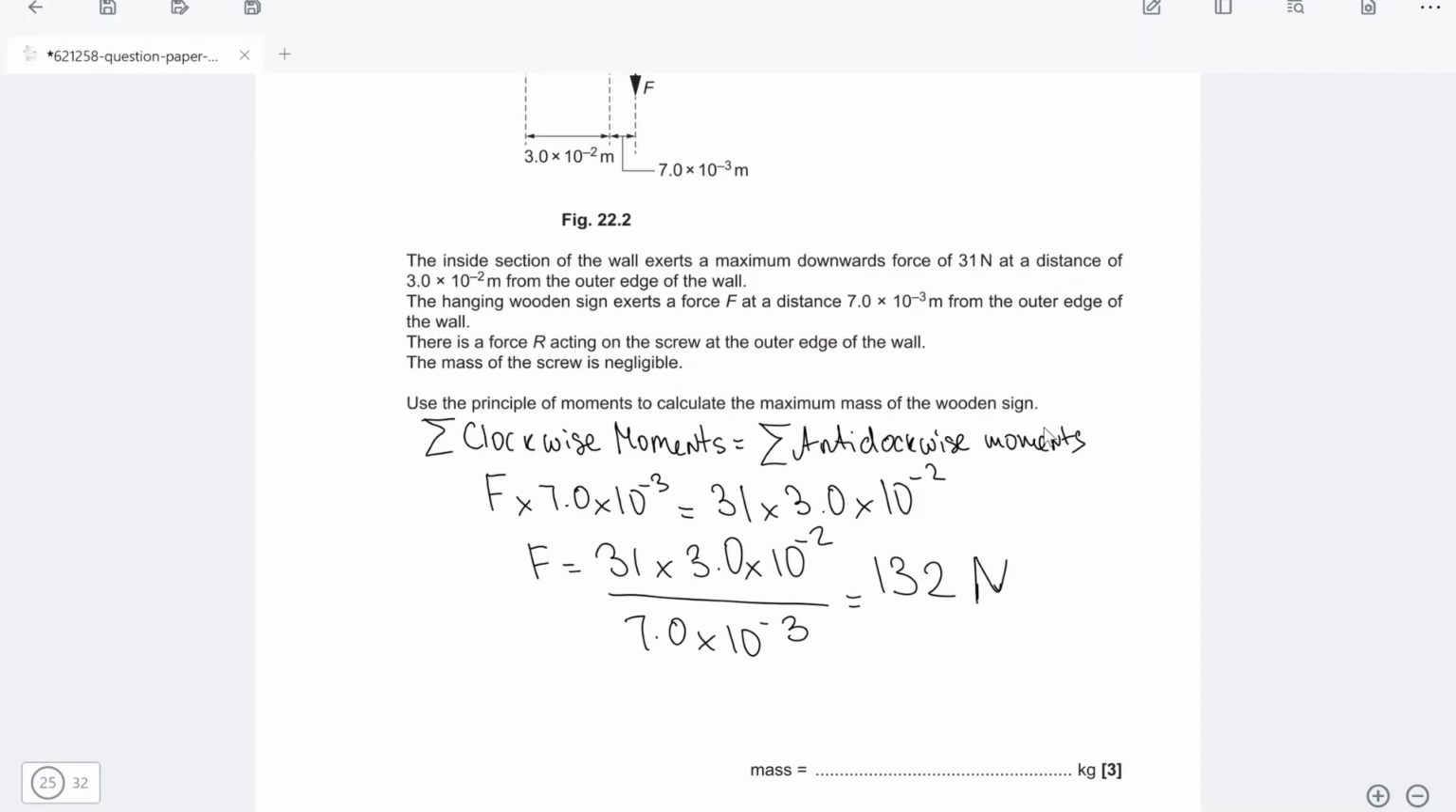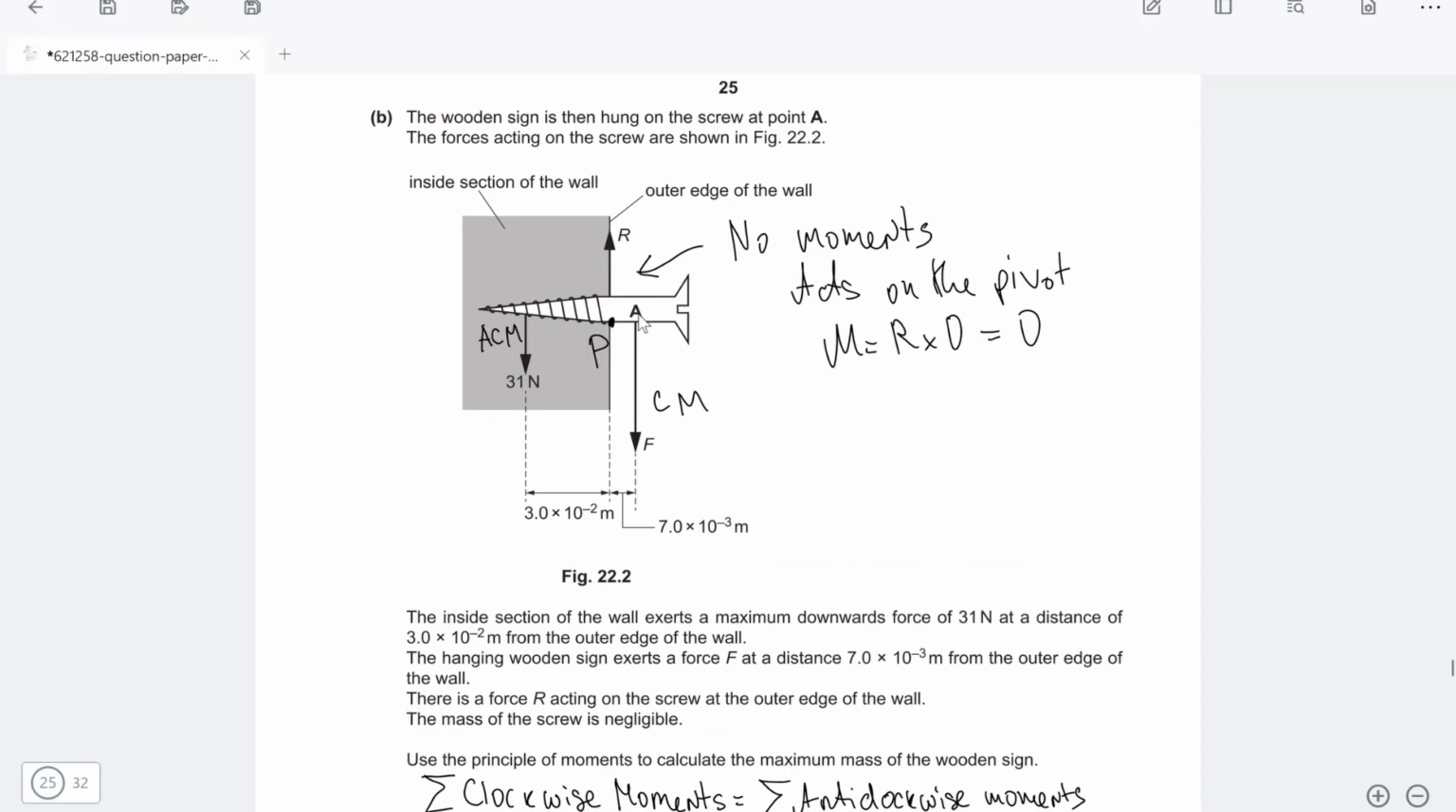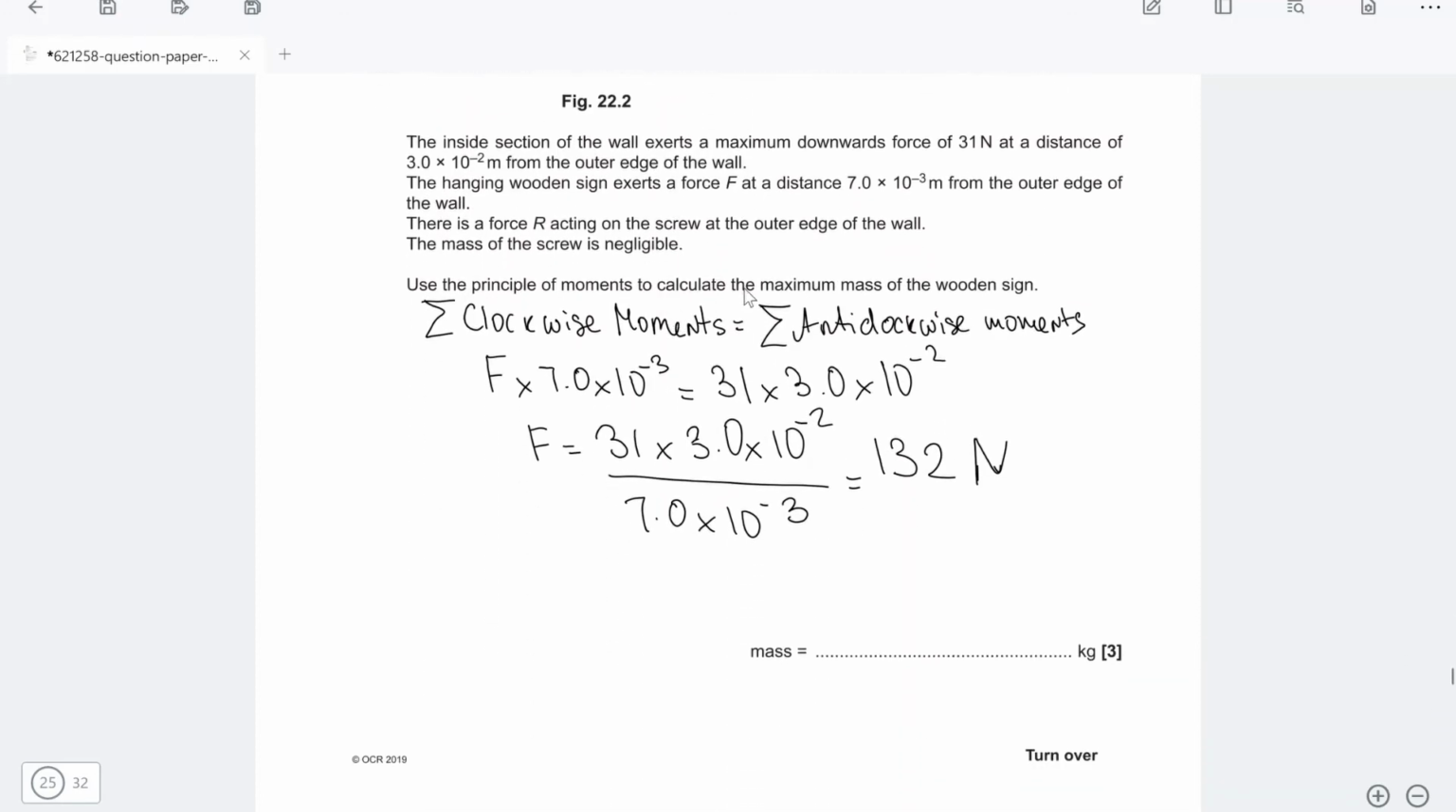Check. Once we have the force, this is the downward force, of course, just simply from the mass. What we need to do is essentially convert that force to a mass. So we need to divide that by g. Because the force is equal to mg, the mass will be equal to 132 divided by g, which is 9.81. If we do that, we are going to get approximately 13.4. Let's leave that as